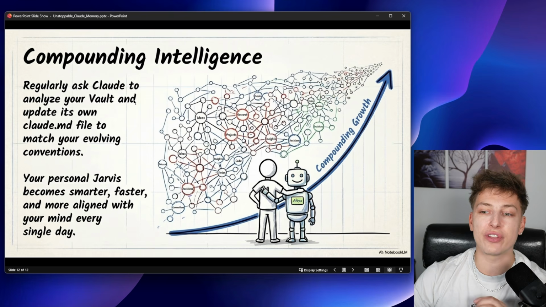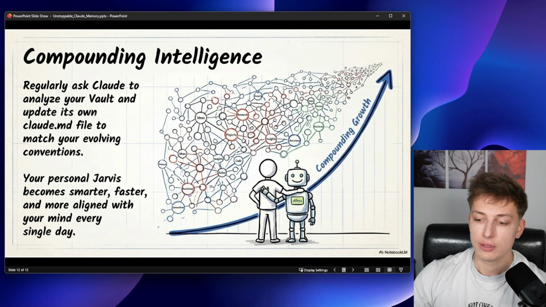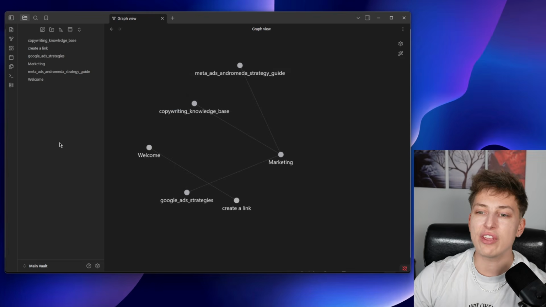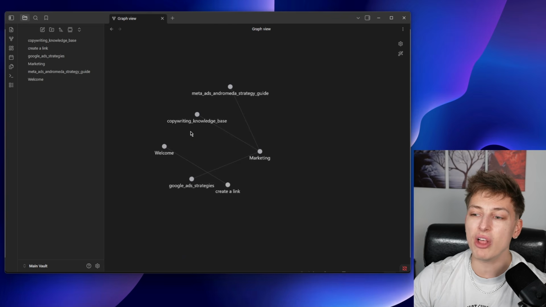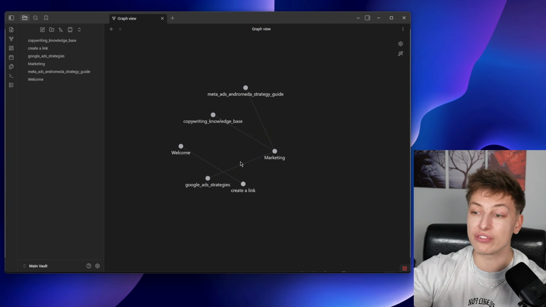Regularly ask Claude to analyze your vault and update its own claude.md file to match your evolving conventions. Your personal Jarvis becomes smarter, faster, and more aligned with your mind every single day. So I want to show you guys in practice what this would look like. As I showed you before, this is my main vault. Obviously, it doesn't have a lot of information right now, but over the next year, this is going to